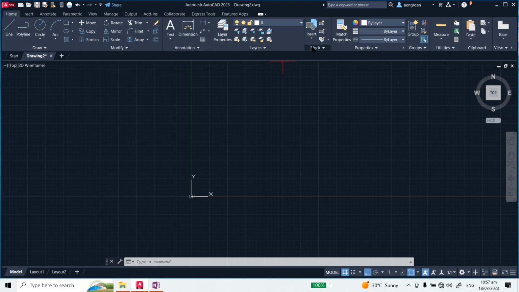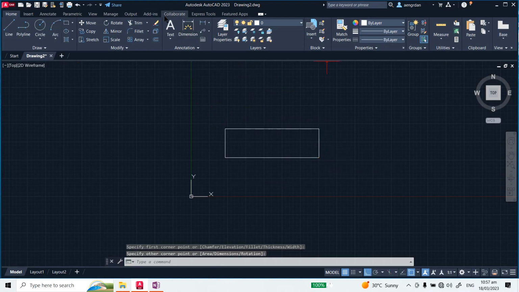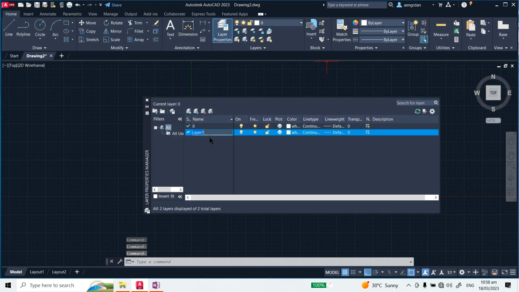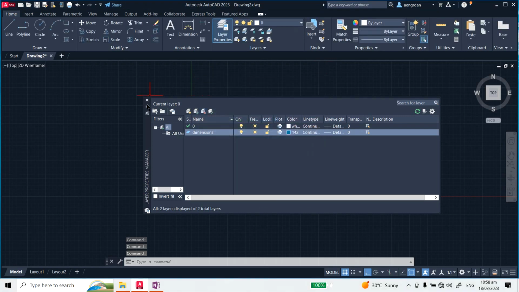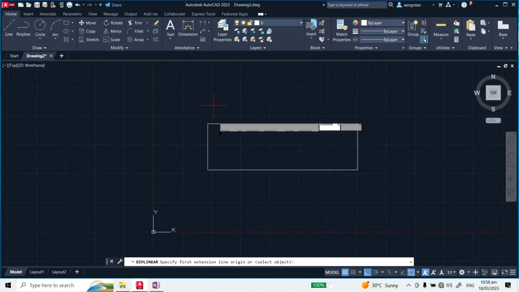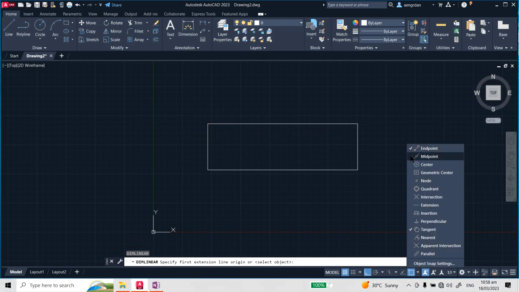And for the layers, the importance of this layer is that you can turn those layers on and off. So let's say I have an object right here, and I want another layer for the dimensions. Let's create a new layer for dimensions, and I'm going to change this color to blue. Now I'm going to put an endpoint, midpoint,